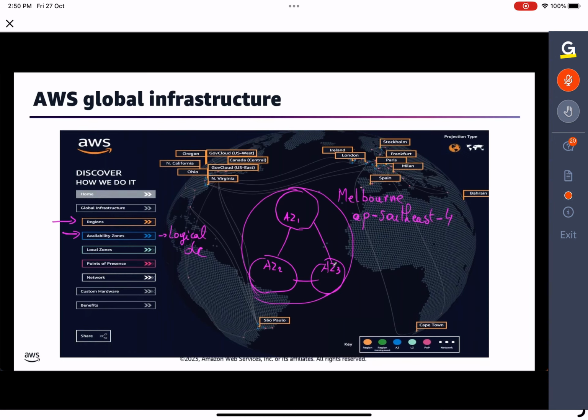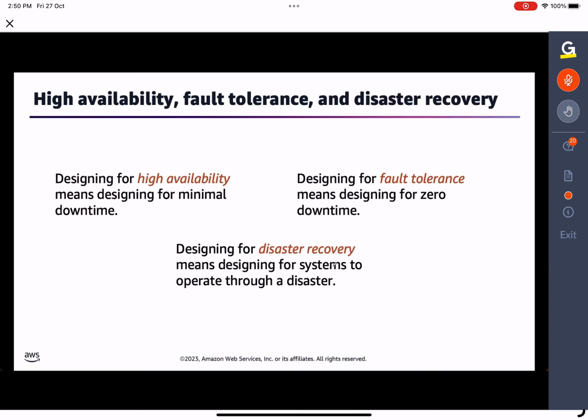So a region is a collection of availability zones. Availability zones are logical data centers, potentially a collection of buildings to host our actual services. Again, availability zones are data centers, so this is where the servers are running, where you will set up your services. All right. So our infrastructure will always be designed, or should always be designed, for high availability, fault tolerance,